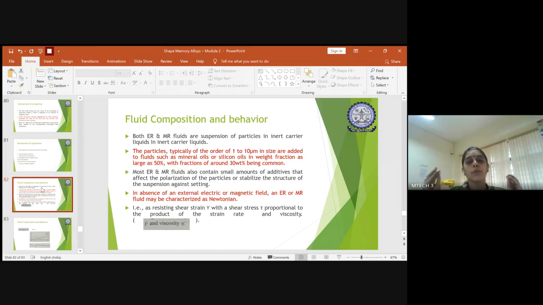So here we are focusing on both ER and MR fluid. When we come to the mechanism, the mind-set you must have is that we are speaking about smart fluids. It could be either ER or MR. Don't think, okay, is it only for MR? Is it only for ER? No. Both the fluids are of the same nature. Only thing, the external pressure or the external electric field that you apply will be different. Okay, and the entire process is the same. So whenever I give you the explanation for the fluid composition, it is just the smart fluid, which could be either ER or MR fluid. Hope this is there in your mind.